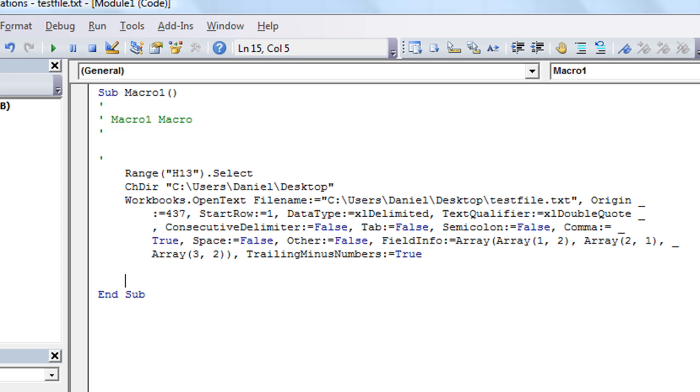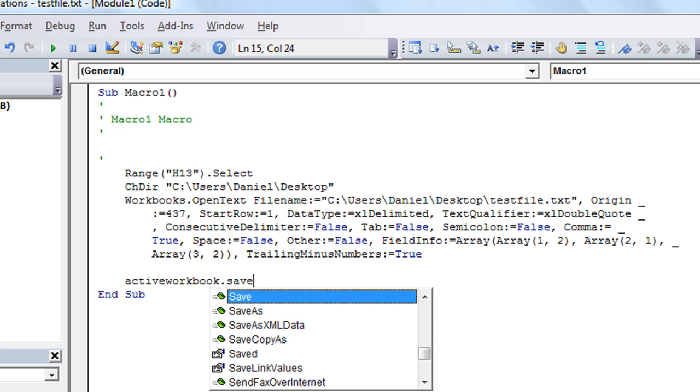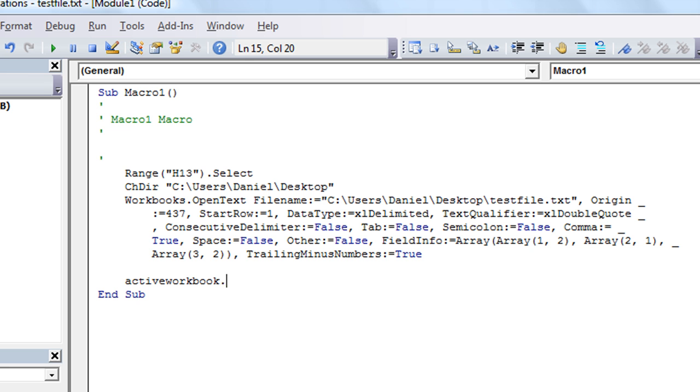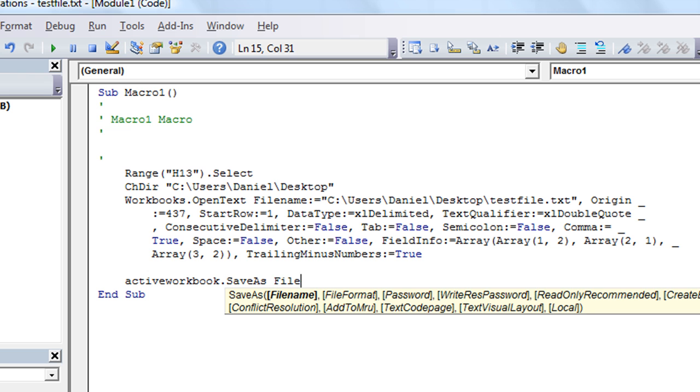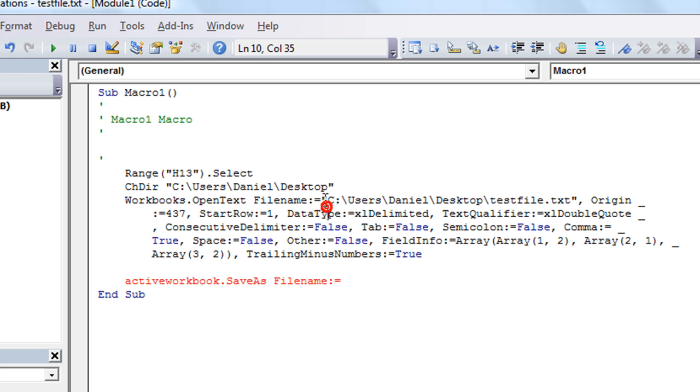We could have this code run in a workbook, and then end with ActiveWorkbook.Save, or .SaveAs. Let's do .SaveAs, and then we'll say Filename colon equals, and let's just save this directory. I like that. It's going to get mad at me, but I'm just going to copy that, and we'll save it as an Excel file name. How about testfile.xlsx,